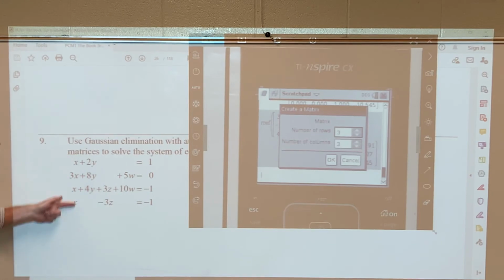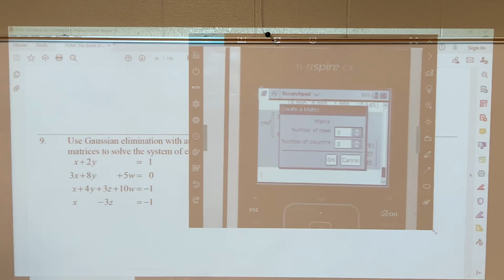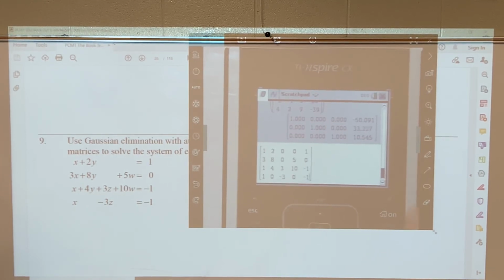So again, make sure all your X's, all your Y's, all your Z's, one column at a time. But check it out. I'm going to do a 4 by 5. And I'm going to start entering these numbers. 1, tab 2, tab 0, 0, 1. Look how easy this is going to be. 3, 8, 0, 5, 0, 1, 4, 3, 10, negative 1, 1, 0, negative 3, 0, negative 1. And I'm going to go to the front